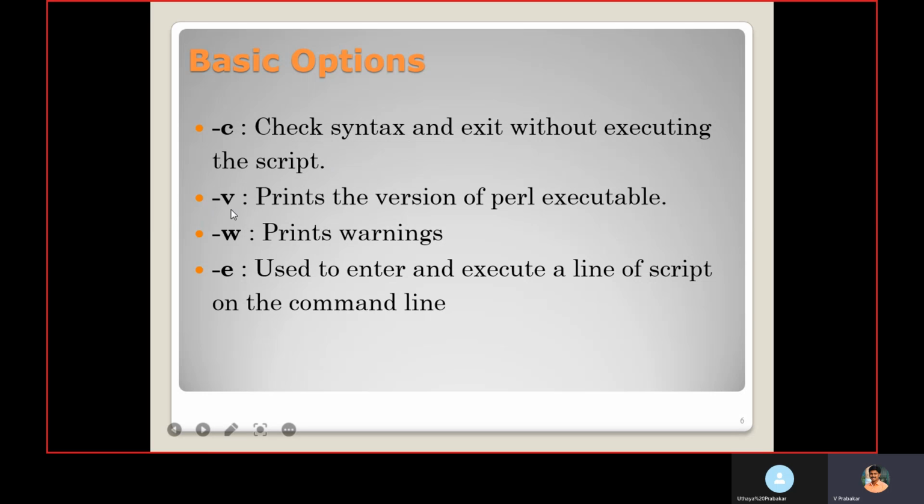If you mention -v, it prints the version of the Perl executable. -w will print warnings, if any, in the code. -e is used to enter and execute a line of script on the command line. That we will see, how we are going to use it.